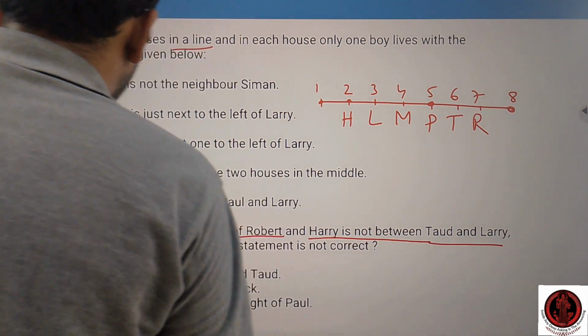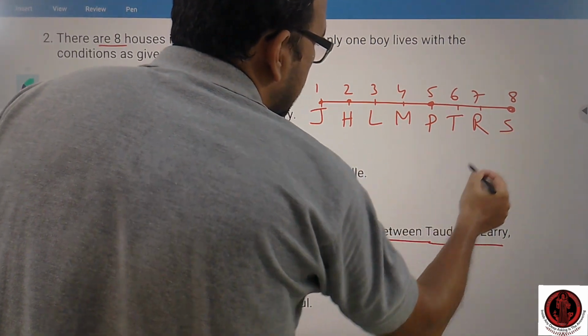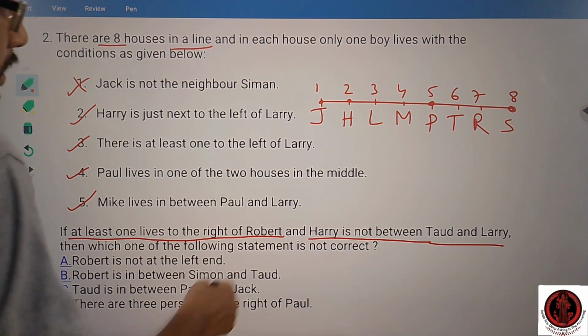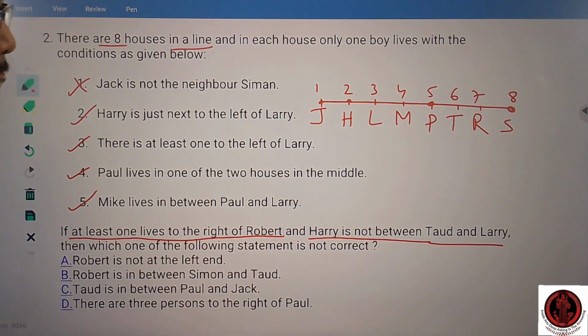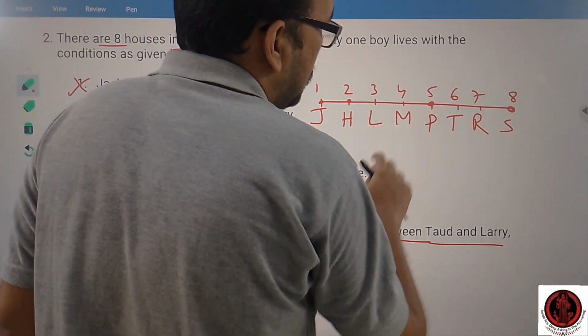Now Jack is not the neighbor of Simon. So write down Jack and Simon. So this is the arrangement. Now always remember